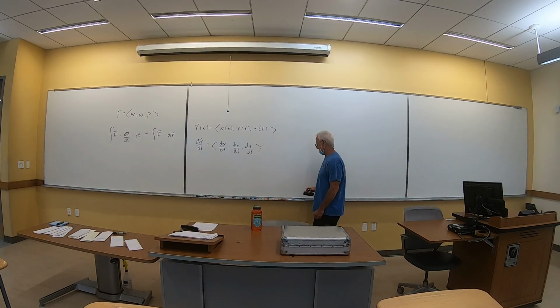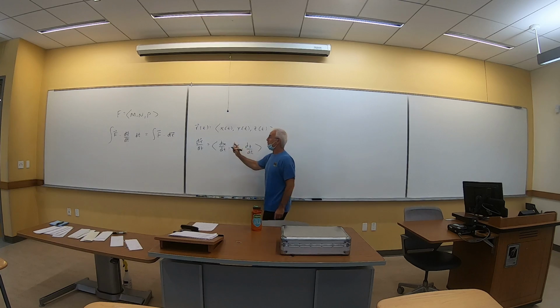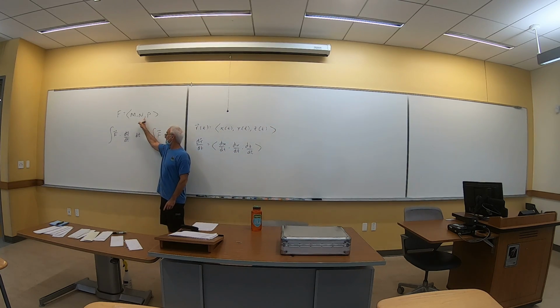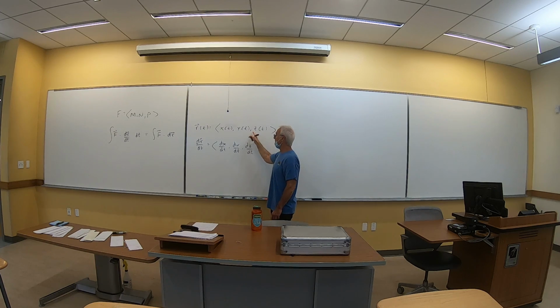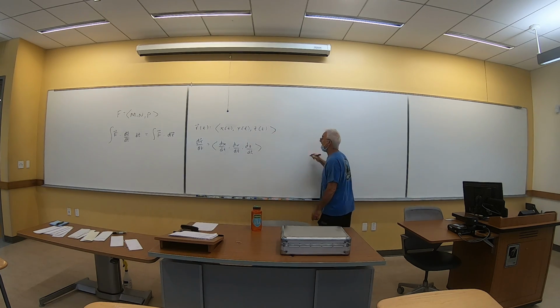Okay, we're a little late in the recording process, so we go back. If this is my force, then this is work, which we sometimes write in this form, even though this is actually what we do. If this is my position vector, then this is dr/dt. We know that. So therefore, if I want to do force dotted with dr/dt,